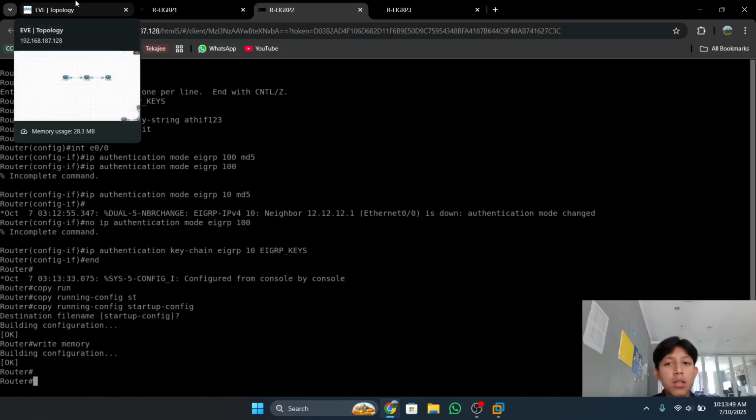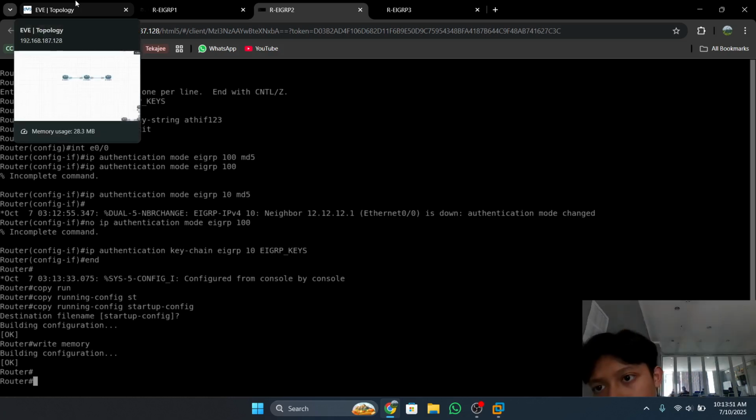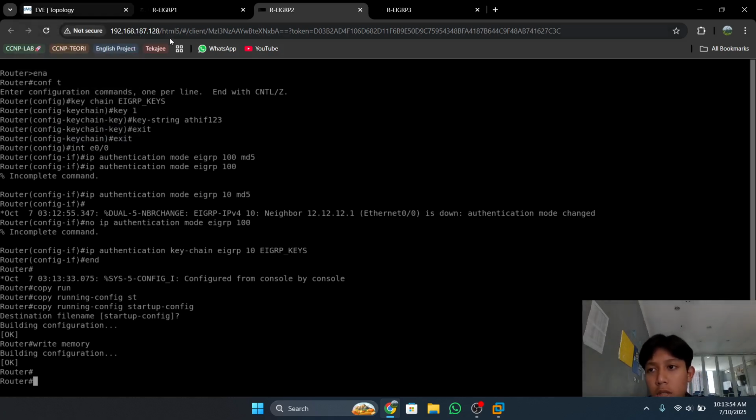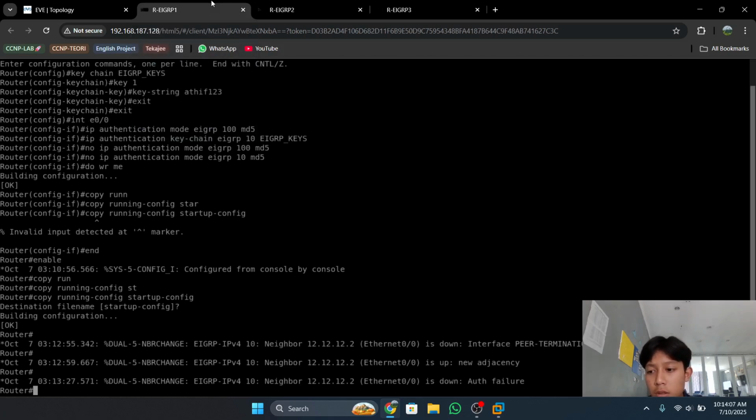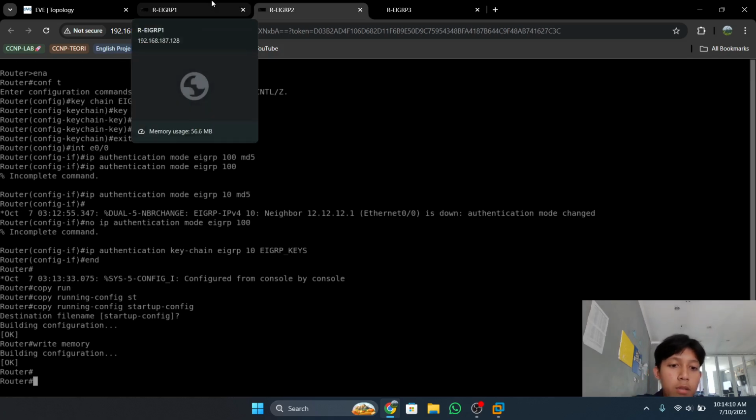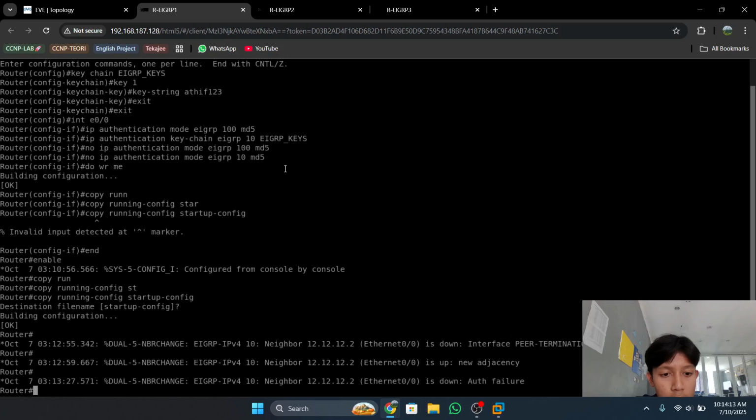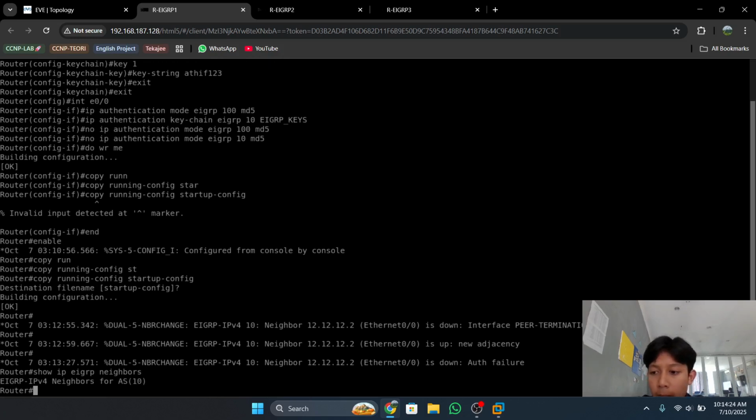In this tutorial we will use only two routers for authentication. After that, we can verify whether your authentication was configured successfully. To check, type show ip eigrp neighbors.